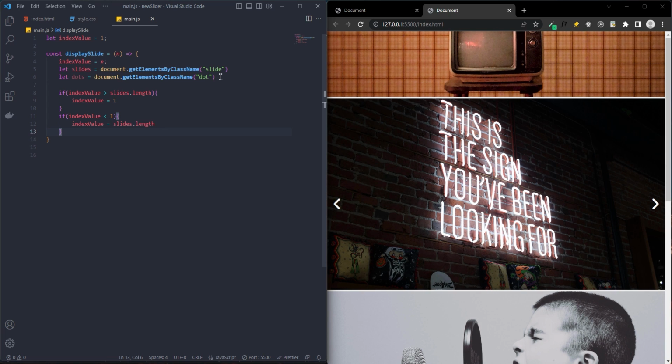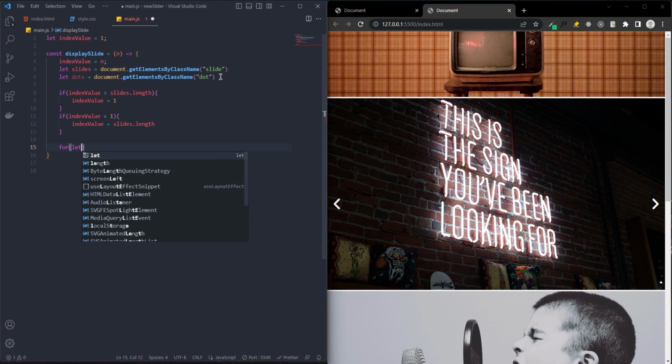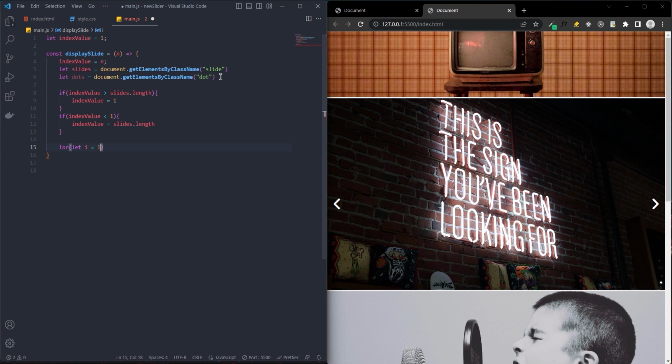There will be no slides displayed at the end of each loop to avoid displaying unselected images on the screen by creating a for loop. For let i equal to 0 and i less than slides length,